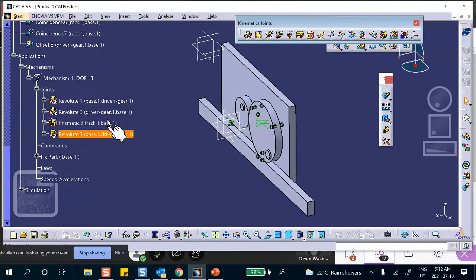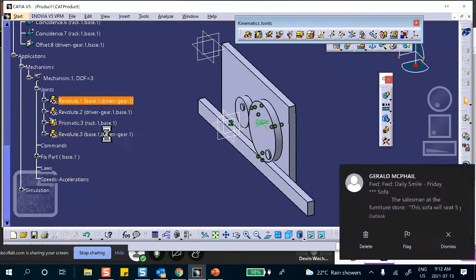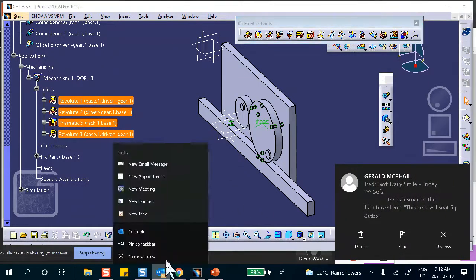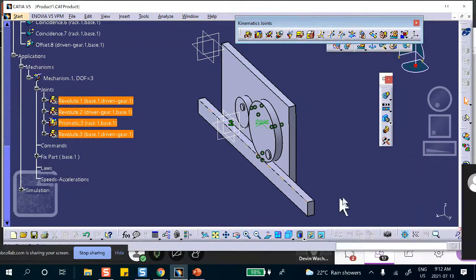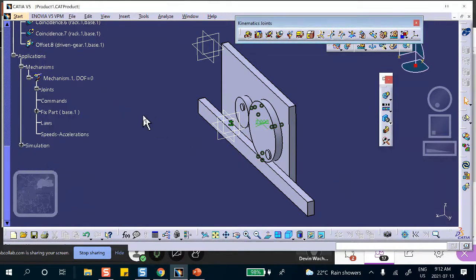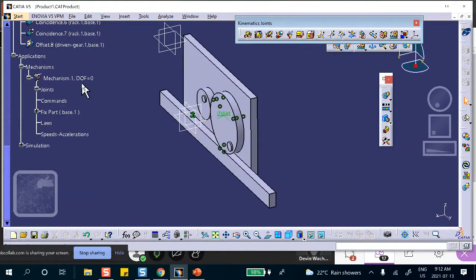What's going on here? Okay, delete. Don't delete the children. Okay, good. No joints. No joints. All right. So